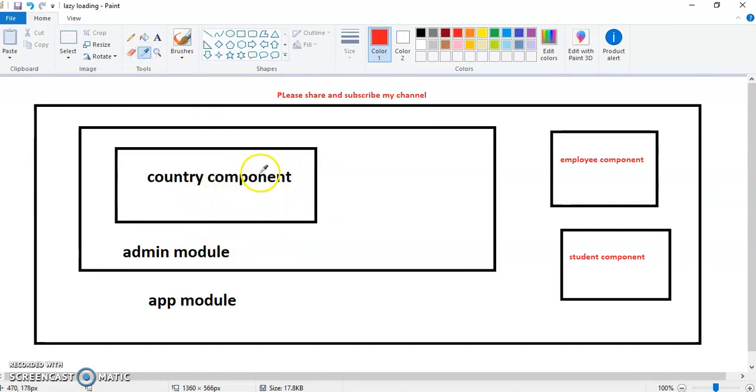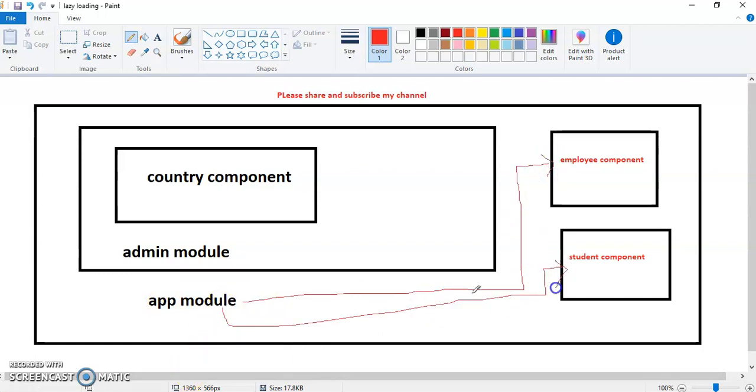If you did not get it, I will explain again. main.js will load all the components at the app level, like employee and student, but it does not load the component inside the admin module. It doesn't, because the country component is in the admin module. This is called lazy loading.